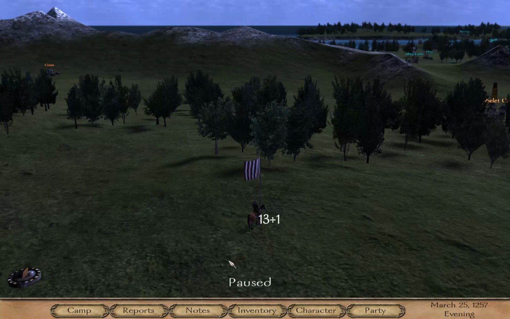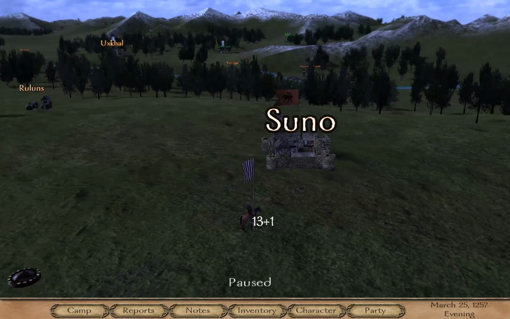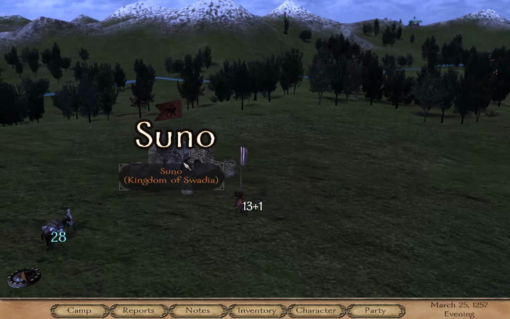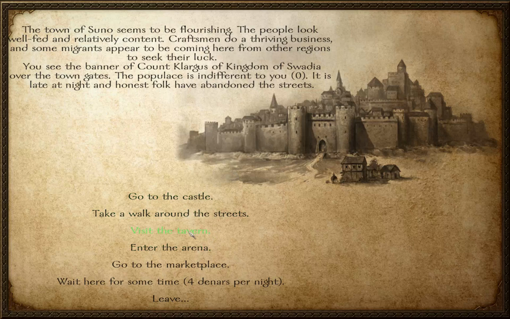Now, let's go sell the prisoner. And where do you sell it? Well, you need to find what's called the broker. I don't know if he would be here. Let's see. You got to kind of go look. So you go to the tavern, and what you're looking for,